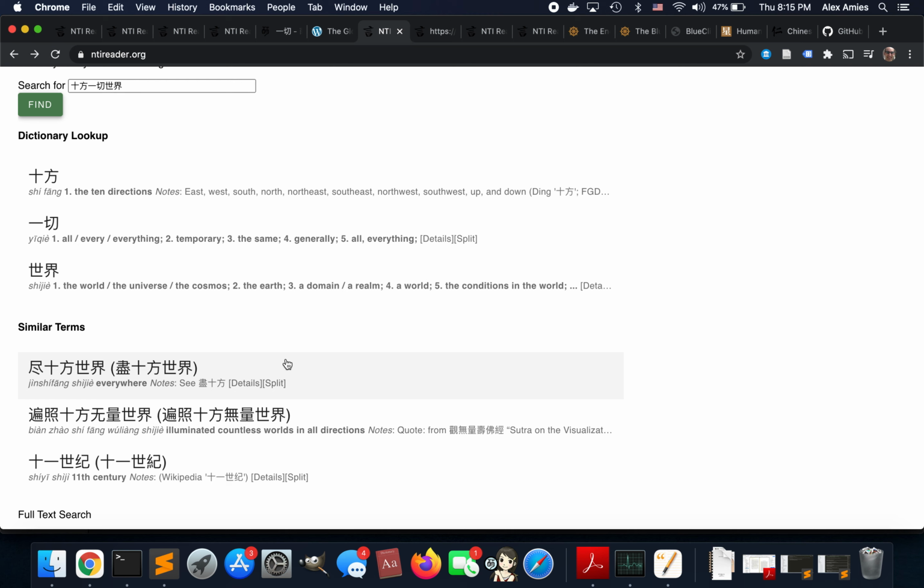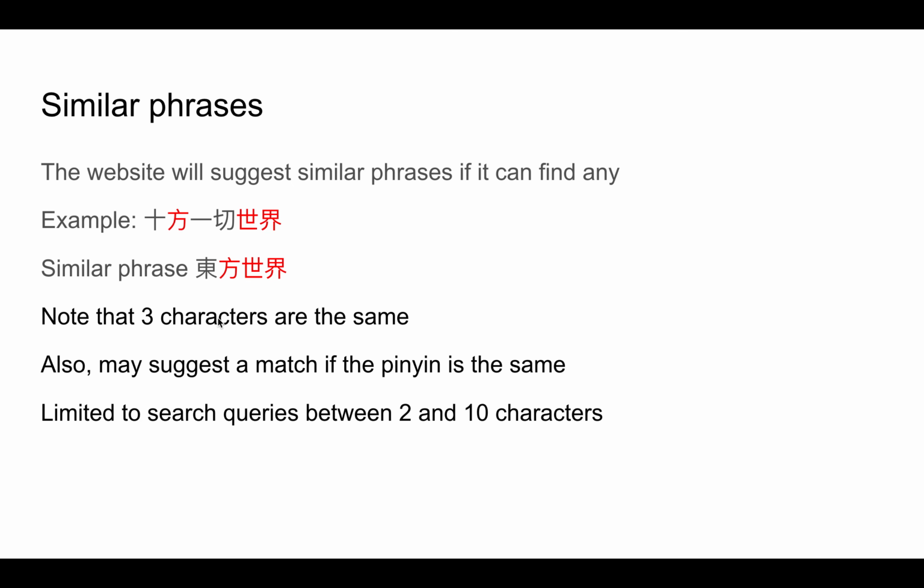And why did it find that? Let's go back to the slides and see why. Note that it only suggests a maximum of 3 terms. With some things like this, there may actually be more than 3. It's only going to suggest a maximum of 3. And this example here that it suggests,